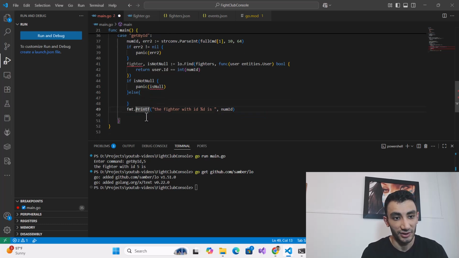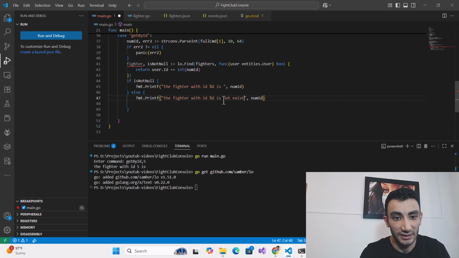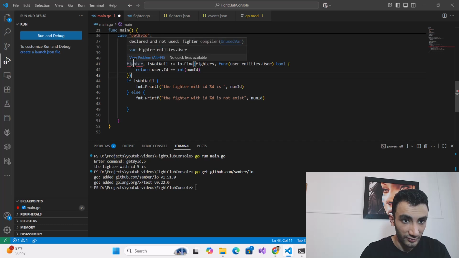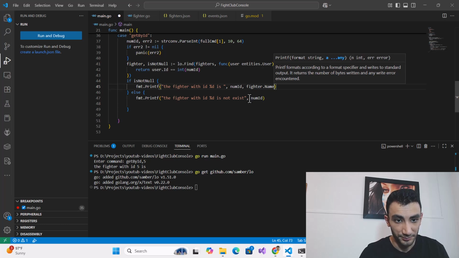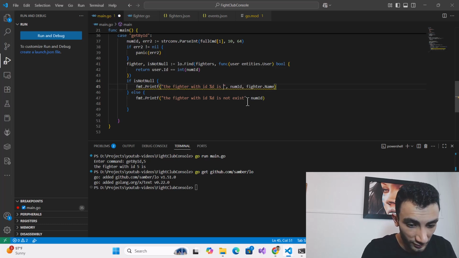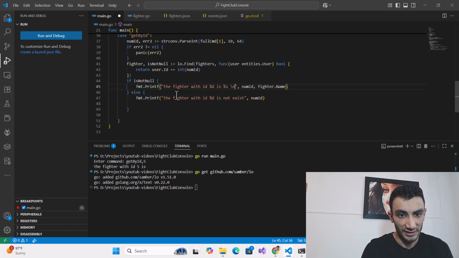Else in here say if we can't find that, say the fighter with id is not exist. Otherwise we get that and say our fighter dot name, and one backslash n.